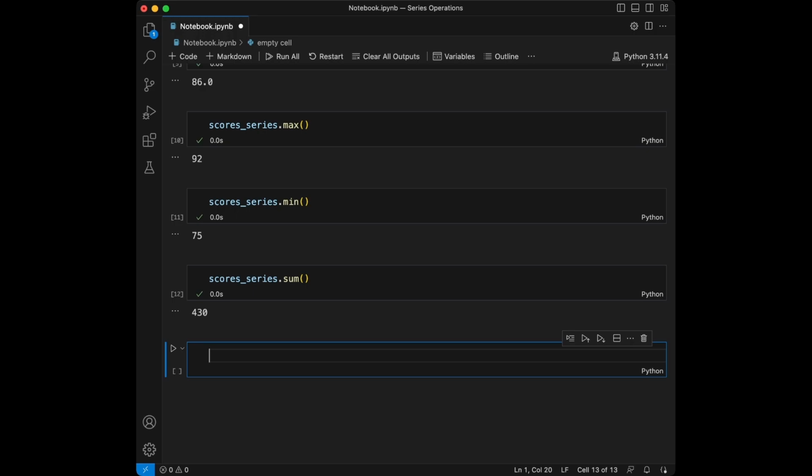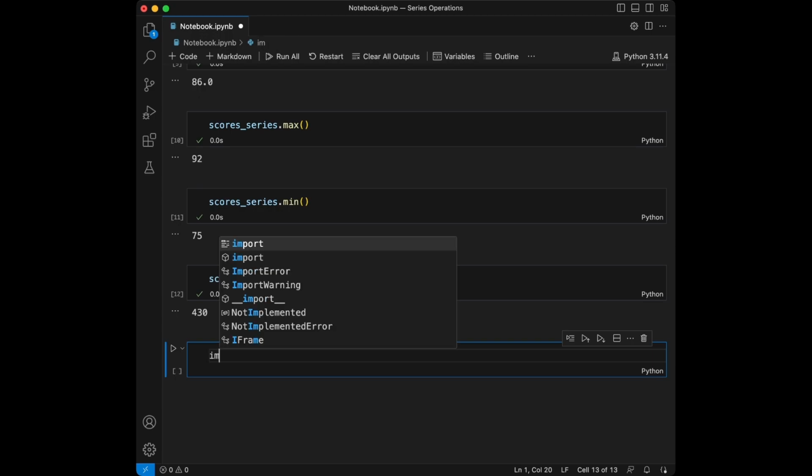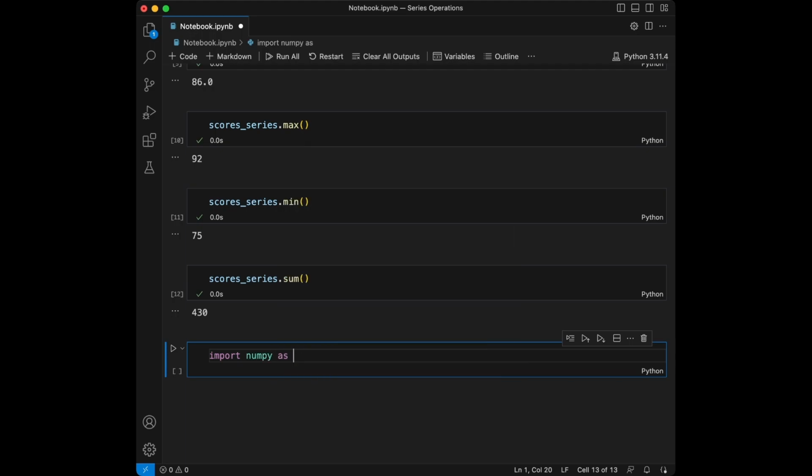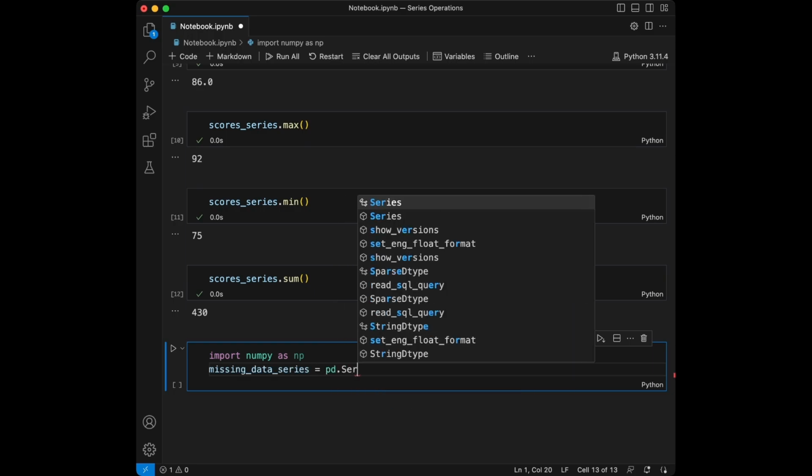Now we are going to talk about missing data. Dealing with missing data is a common challenge in data analysis. Pandas provides several methods to handle such situations effectively. Let's create a data with missing values. For this, let's import numpy, and we will say missing data series is going to be equal to pd.Series,